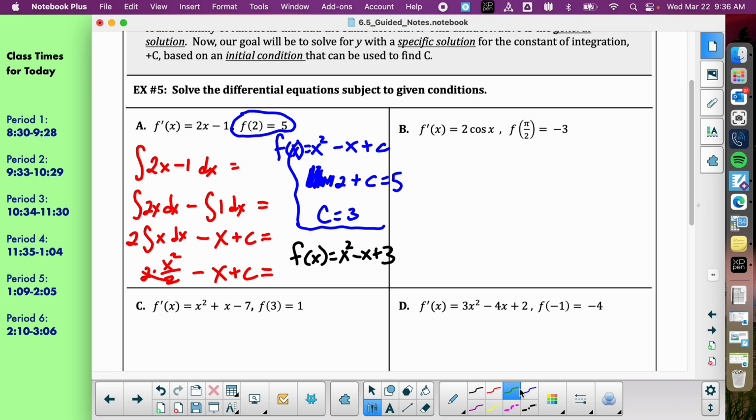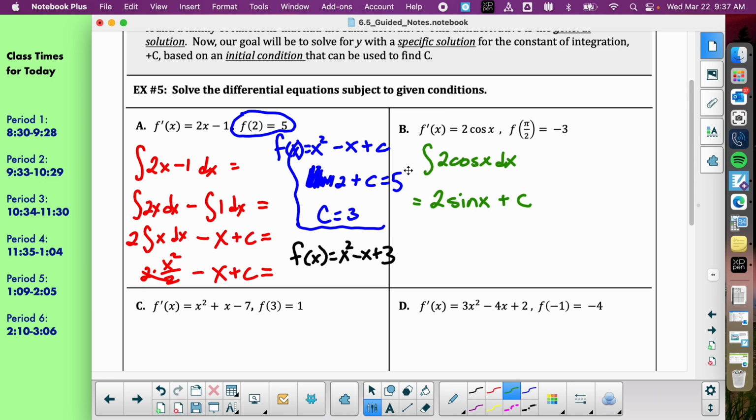All right. So first we take the integral of 2 cosine x. Yep. No, that's correct. Okay. We take that, 2 cosine x. We can move the 2 out front. Okay. I don't have enough room, so I won't, but okay. So then the integral of cosine is? Is sine. Good. So we've got 2 sine of x plus c. We would plug in pi over 2 for x, set it equal